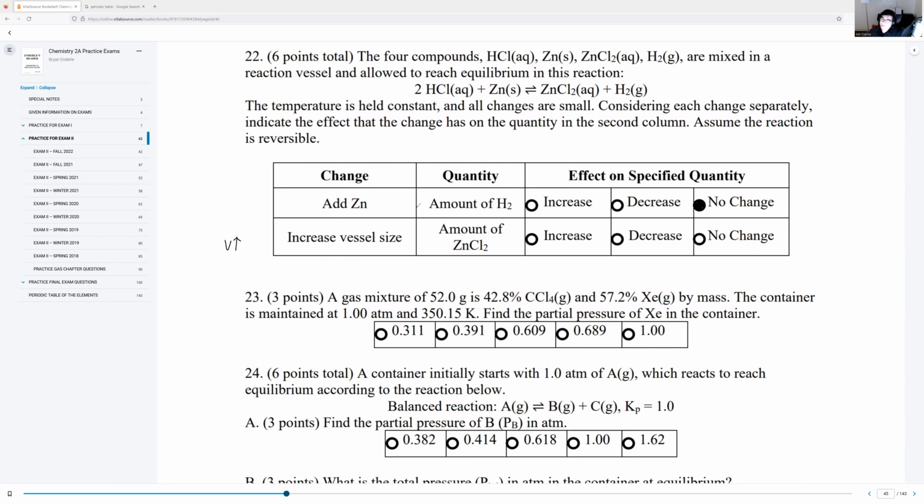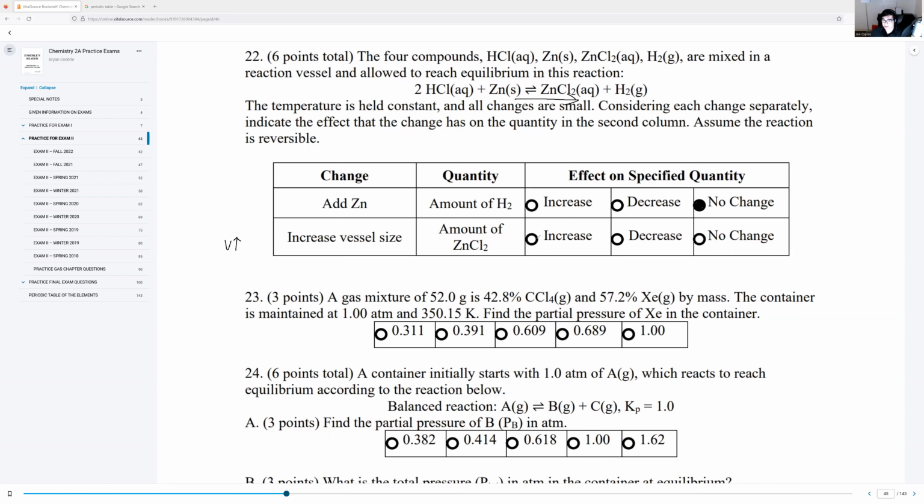It's going to shift to the side with more moles of gas. So the side with more moles of gas is going to be the right side, right? So this is going to shift to the right here. So what are we looking for? We're looking for the amount of ZnCl2. So if it shifts to the right, this is going to increase,